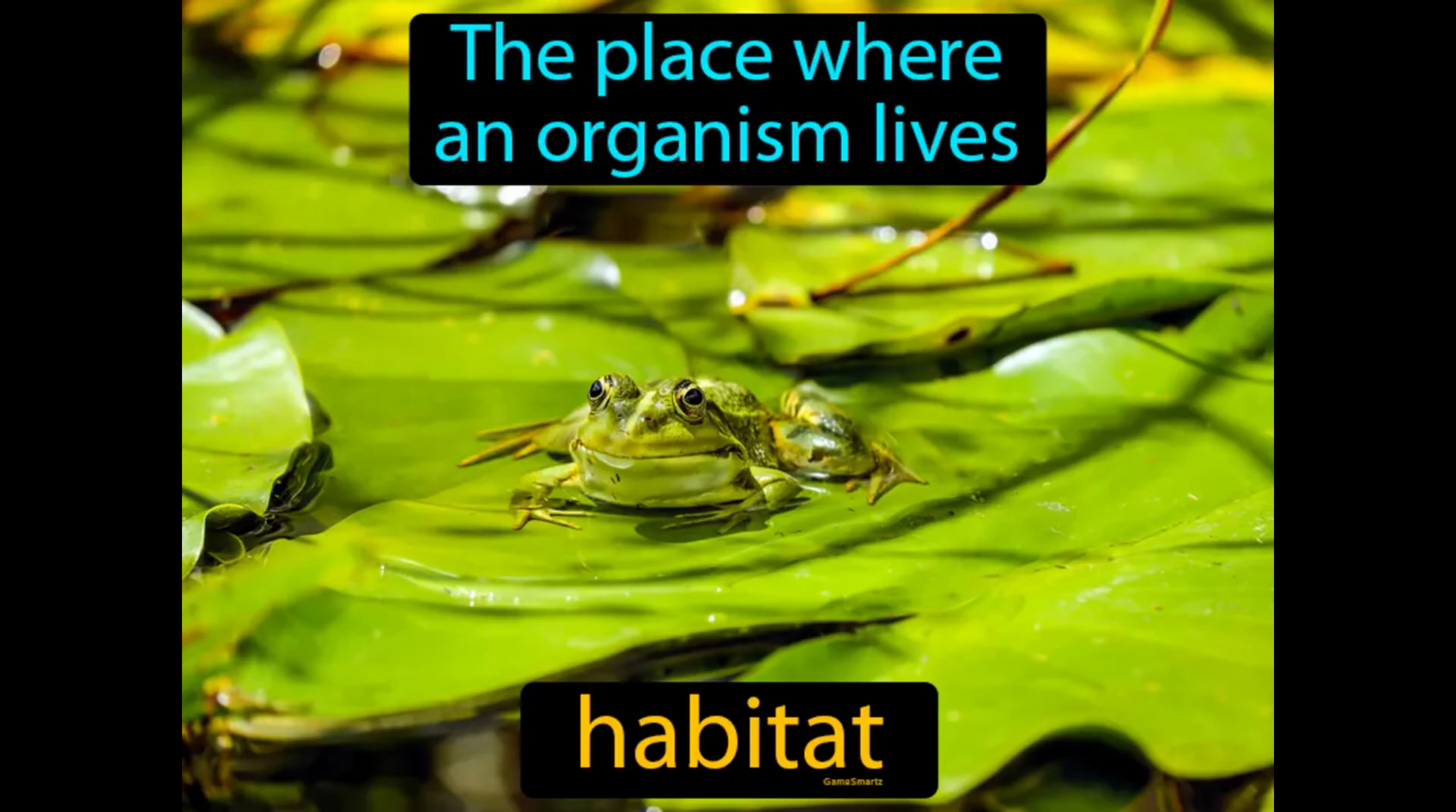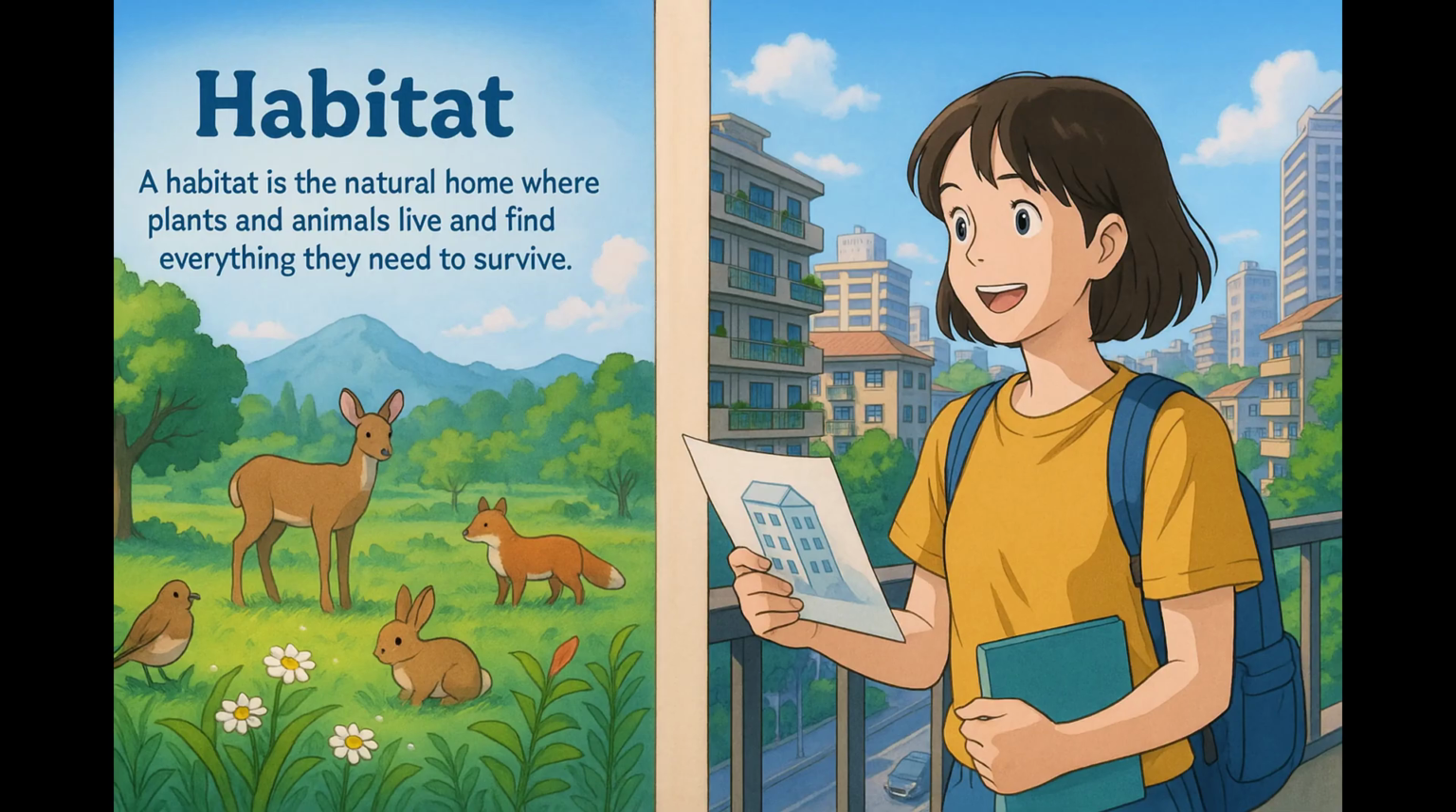The place where an organism lives. Habitat. A habitat is the natural home where plants and animals live and find everything they need to survive. Imagine trying to find the perfect apartment that suits all your needs and preferences in a bustling city. Just like how you need a place that fits your lifestyle, budget, and daily routines, an organism needs a habitat